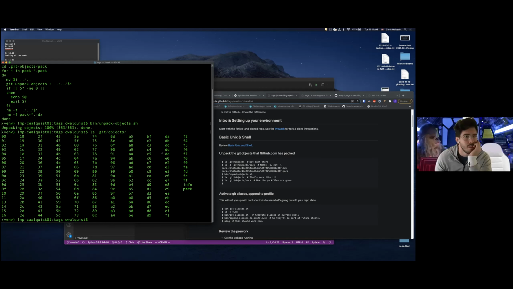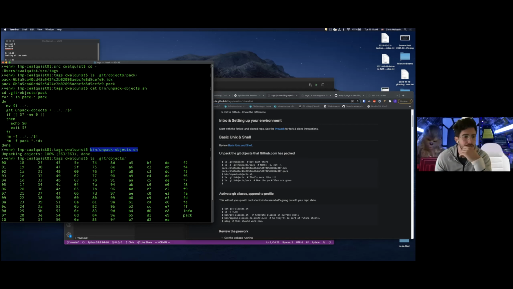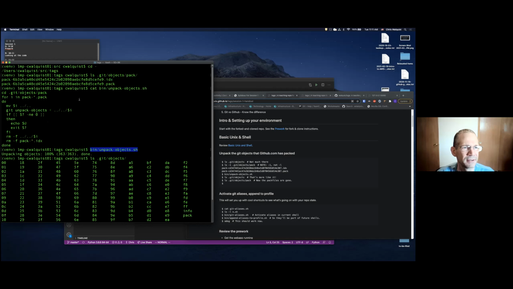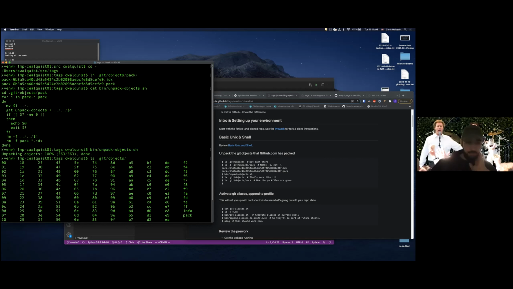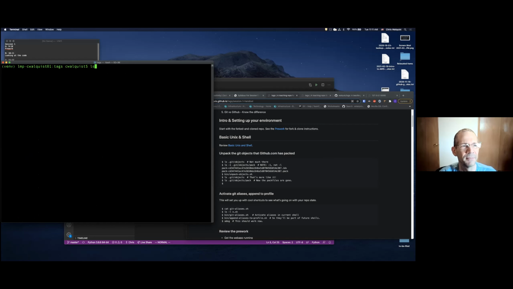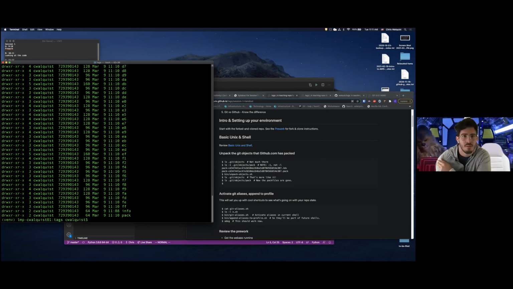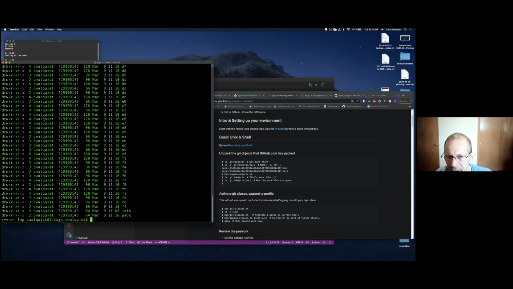When you unpack, did you use -l or -1? When I used it, I actually just ran it like that, up here. -l. Yeah, I haven't used -1 yet. -l is what I just ran. And how is that different from -1? Because in the instructions it says to use -1. So yeah, -1 is